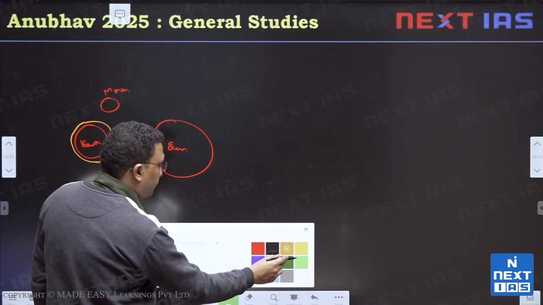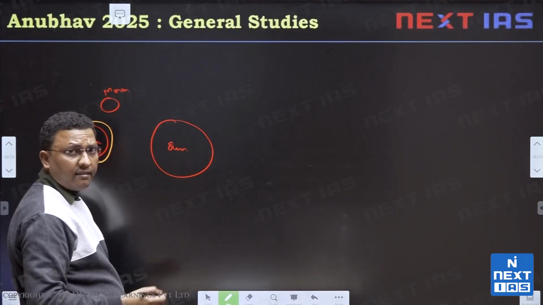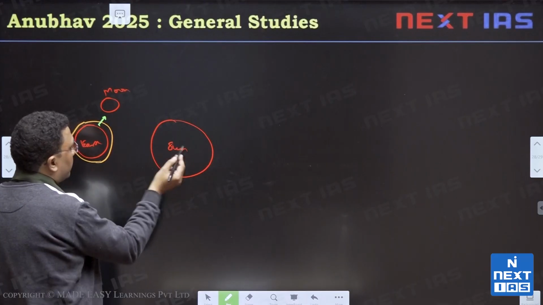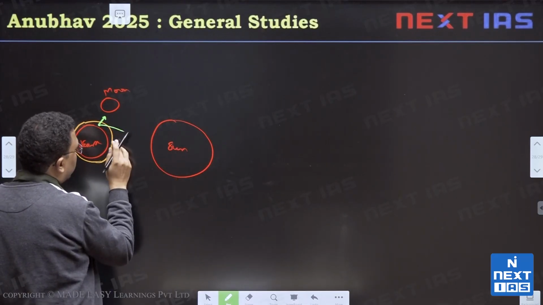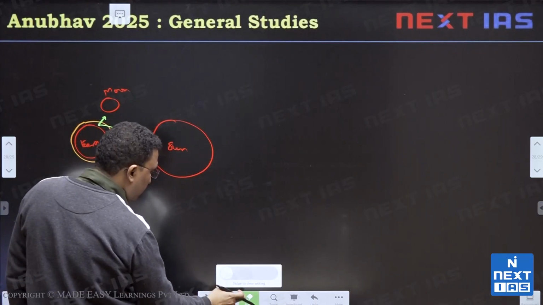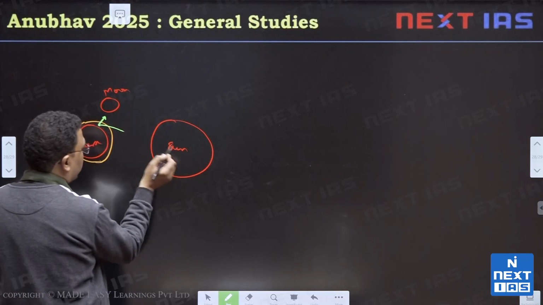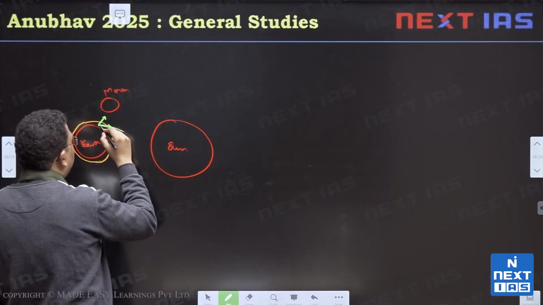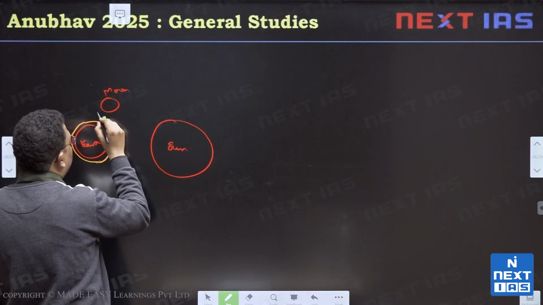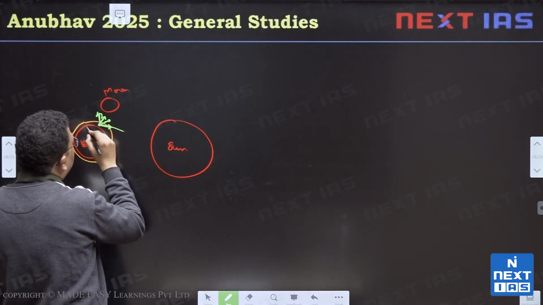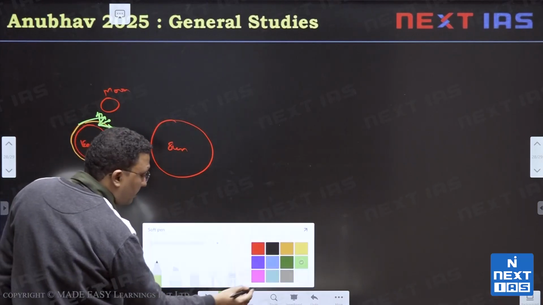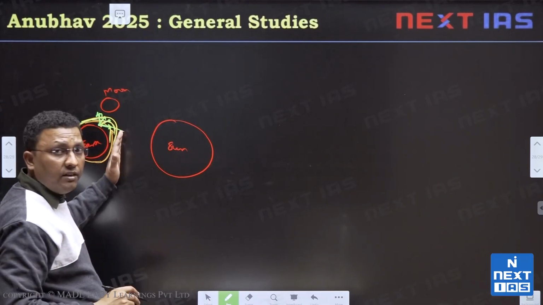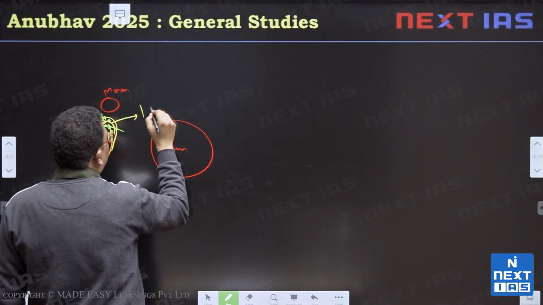So what happens is that both moon and sun attract these waters. Moon will attract water here towards it, right? Sun will also attract water here towards it, right? So basically sun's force is lesser, so let's say this is the sun's gravitational pull. These two forces result in this force. This will have a vertical component and this leads to rise of water here. So water here will bulge upward, something like this, right? That means height of water will increase at this place, and this is what is called high tide,